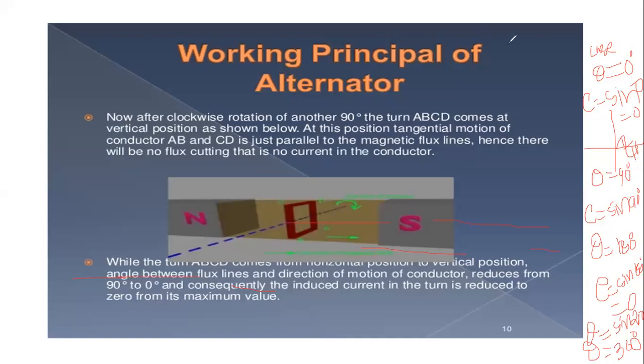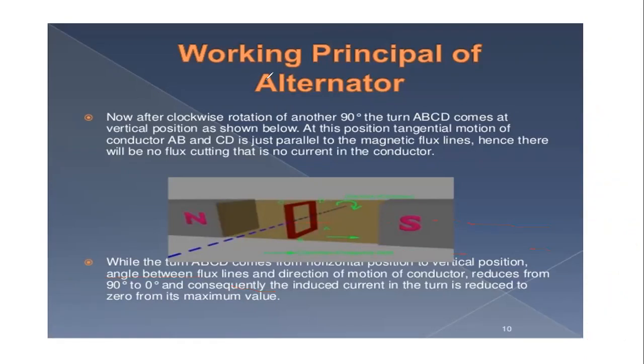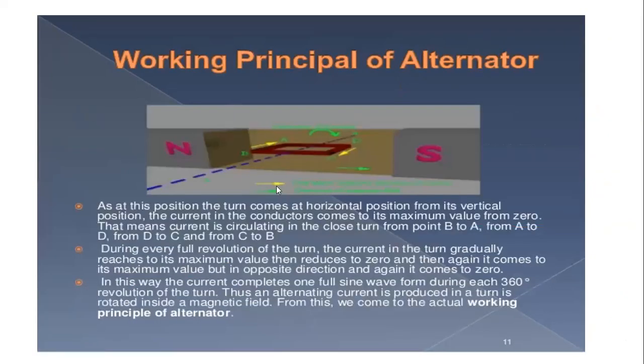This is the output EMF equation, or the output induced EMF. Therefore, the working principle of both the DC generator and the AC generator is the same. The only difference is that in this case the magnetic field is rotated and the armature conductor is stationary. In the case of a DC generator, the conductor is rotated and the field is stationary. Okay, clear? That all will be explained like this.